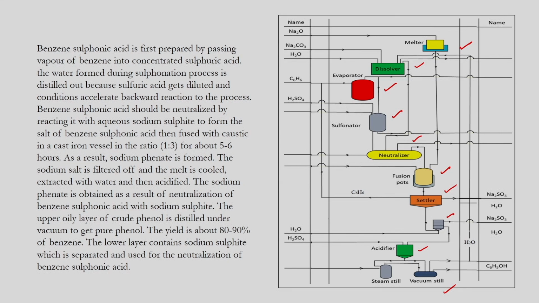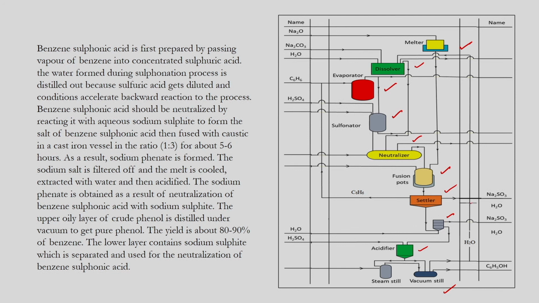with water to make a solution, and that solution is sent to the neutralizer for neutralization. In that neutralizer you have to send the sodium carbonate solution along with the benzene and the sulfuric acid, and after neutralization the mixture will be sent to the fusion pots, where the sodium oxide will be reacted, and then you will see the unreacted benzene and the sodium sulphate